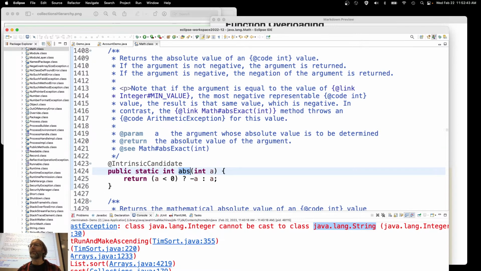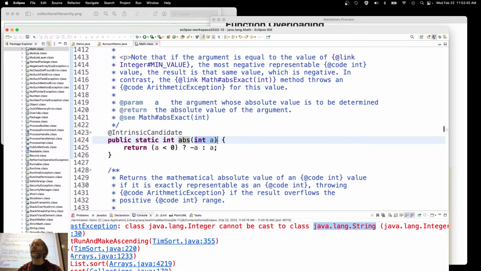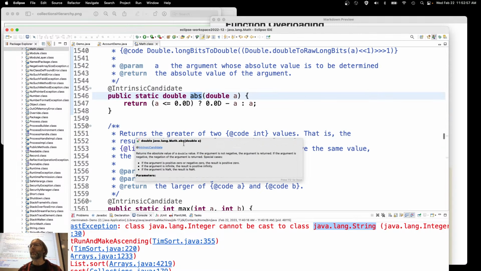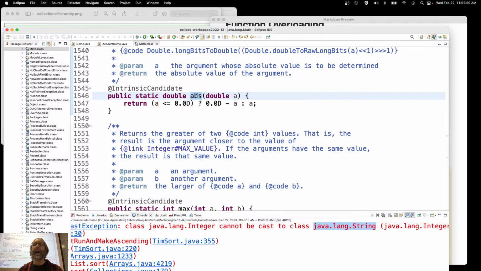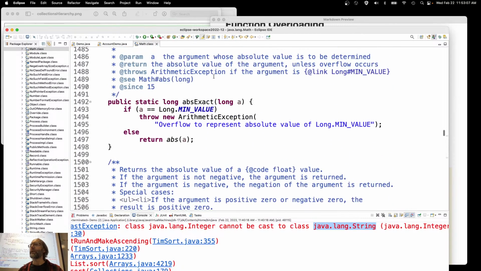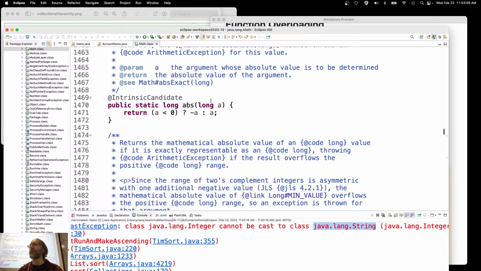Let's go ahead and jump to it. There's a function called abs, and it takes an integer. Let's go back to demo over here and change it so that I'll now pass in y. Guess what? That's a different function. That's the absolute value function, abs, that takes a double. Right? Float. Abs exact, don't worry about that. Long, right? We've got at least 4 or 5 absolute value functions here with the same basic functionality, but it